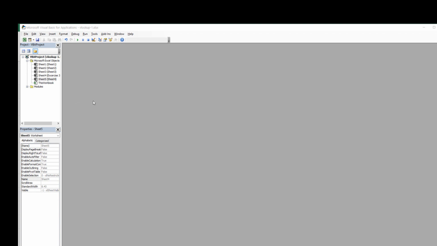This is the VBA, Visual Basic Programming environment, where we can write code and that will be applied to the Excel environment. So once you press Alt F11, you can reach this screen.